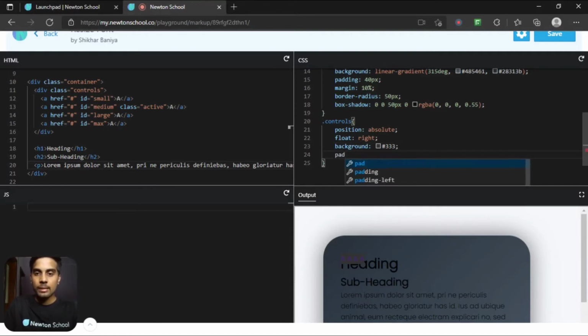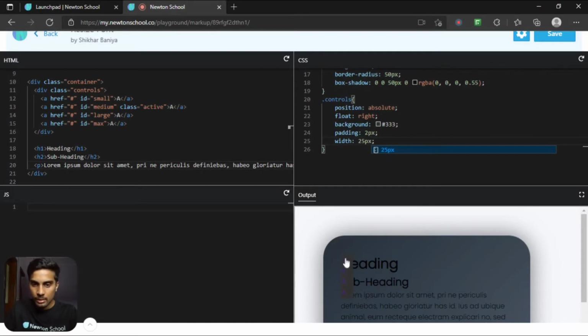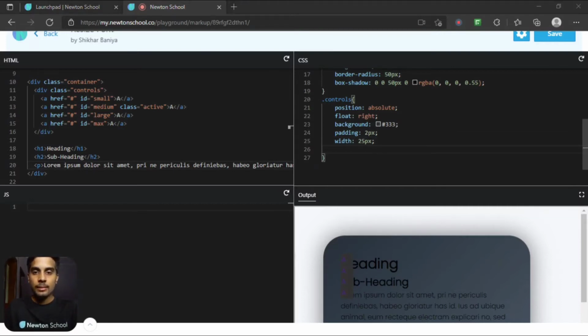Next, let's add some padding values. Let's say 2 pixel. I want to give it a width as well of 25 pixel. So as you can see, all of the anchor tags are now one below the other. Next, I want to add a margin property.